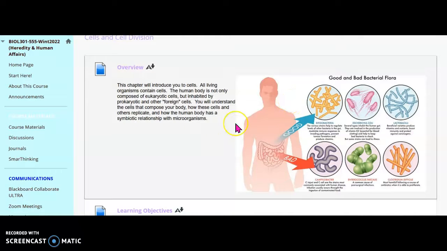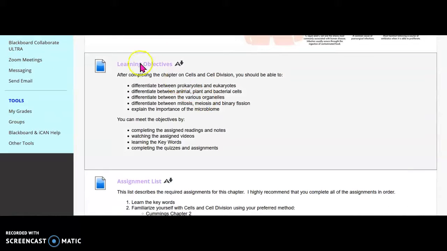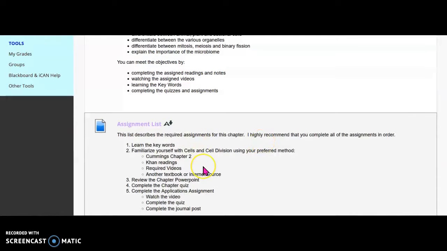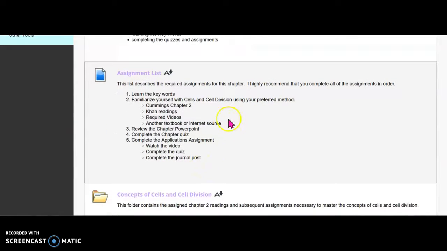So there's an overview about cells and cell division. The learning objectives, what you should learn, how you can learn them. So the readings, the videos, the keywords, the quizzes. This is a specific assignment list as shown in the introduction video. So learn those keywords, familiarize yourself